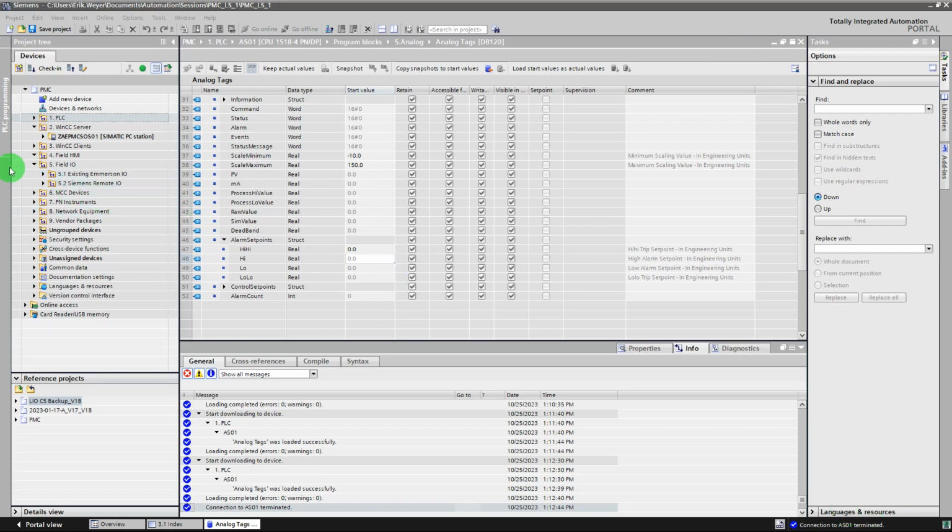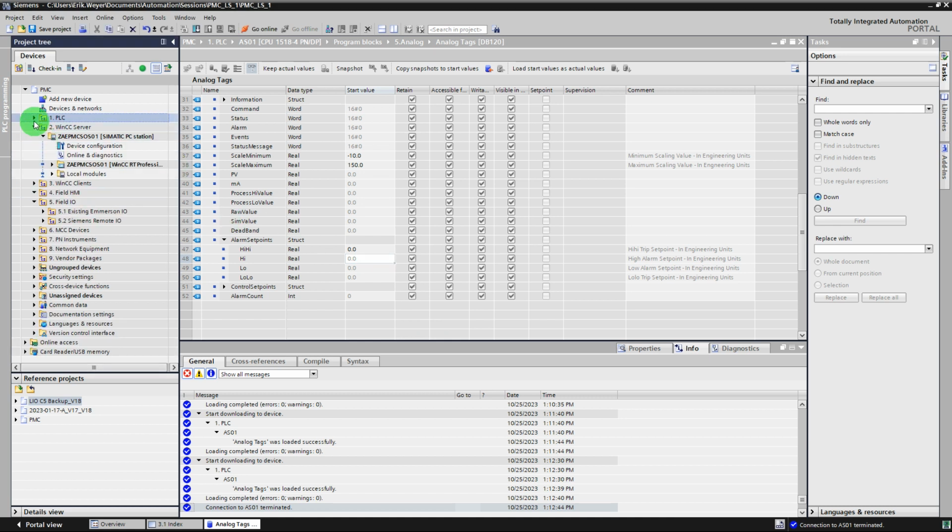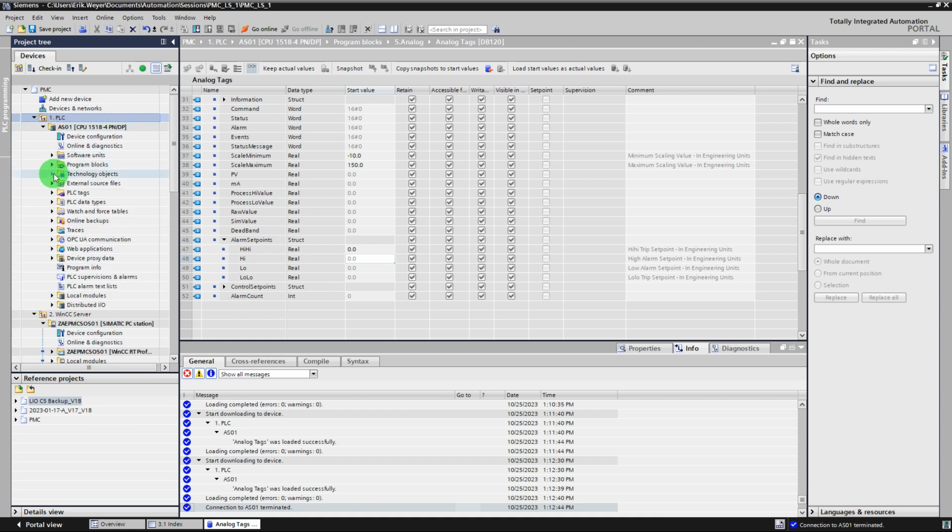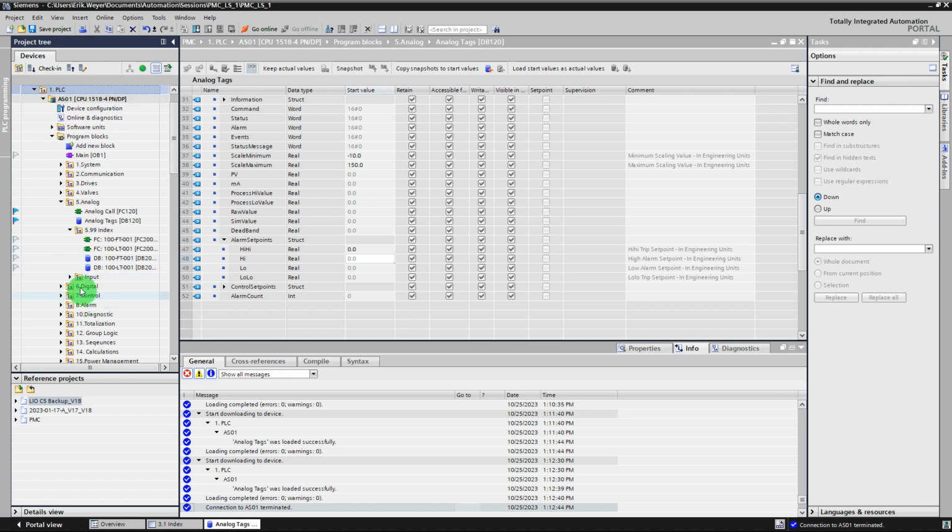Hello all and welcome back to part 2 of the analog block configuration, and this part 2 is with regards to putting your analog indication on the SCADA. So from the previous video we configured this analog block called 100 TT001. Just open it. We configured this block,